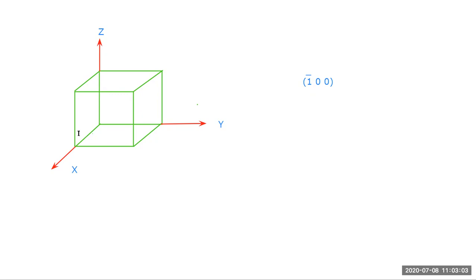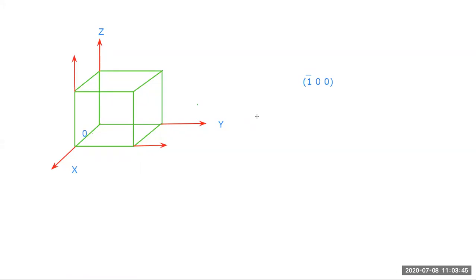So this point is our new origin, because there is a negative sign in the X direction. Then from this point you have to indicate the axes. So this is the X axis, then this is the Y axis, so you have to change the axes. This is Y, and this is the Z axis. So when you change the origin, the axes also get changed in the direction of the origin.